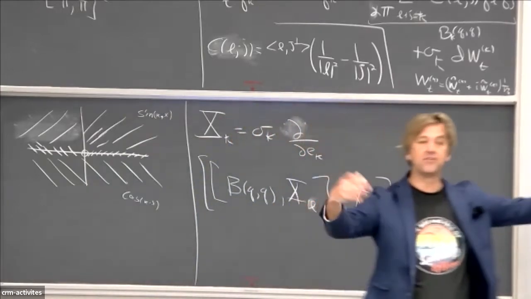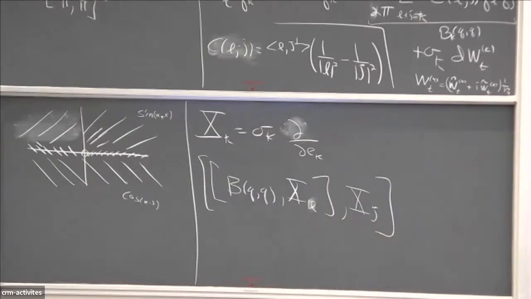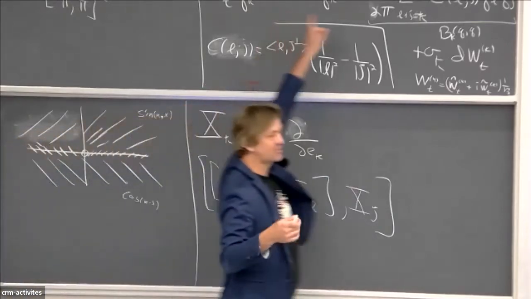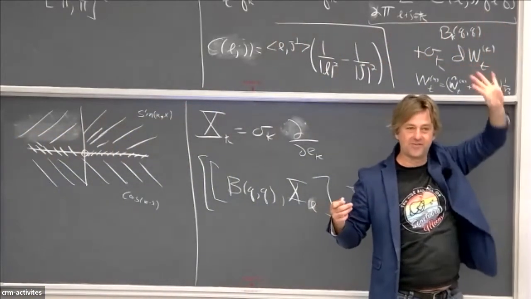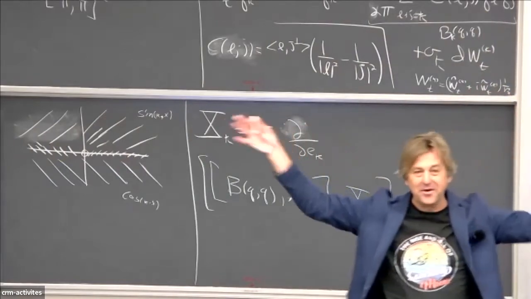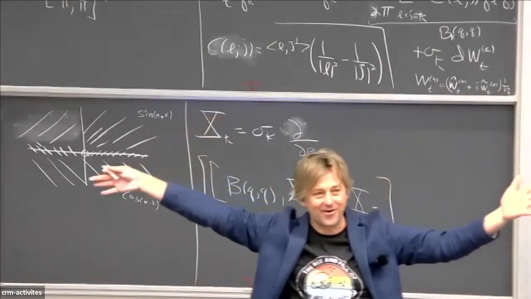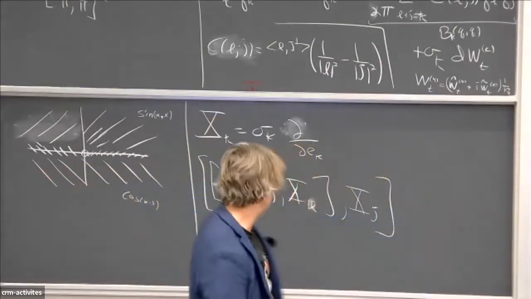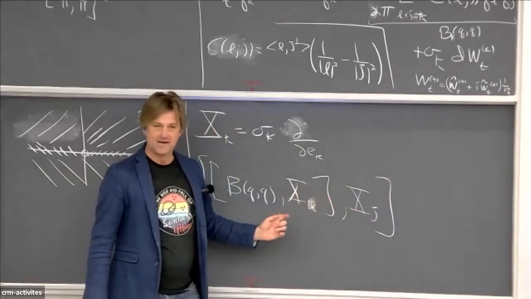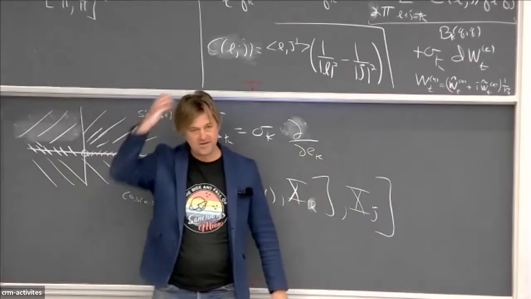What happens if I do this 3 times in this problem? Yes, Kyle answered it, so I'll take that answer: 0. Okay, right, you get 0. Why? Because you took 3 derivatives of a quadratic polynomial. We all know that 3 derivatives of a quadratic polynomial always give 0, right? We can all agree on that. So in some sense, this is the only thing I need to think about, various versions of this.